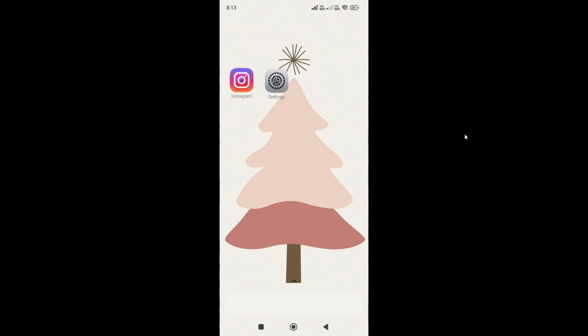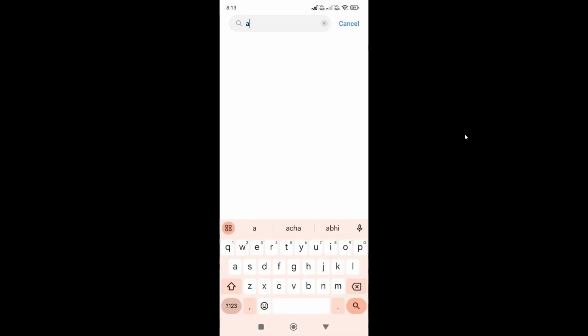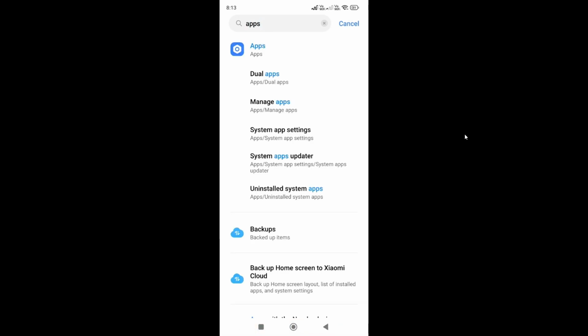In this video, I will show you how to fix dark mode not showing on Instagram. Okay, so first of all, go to your phone settings. Now here, type on the search bar apps. Click on apps